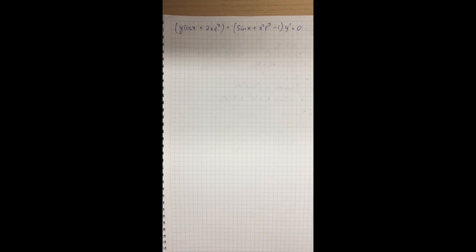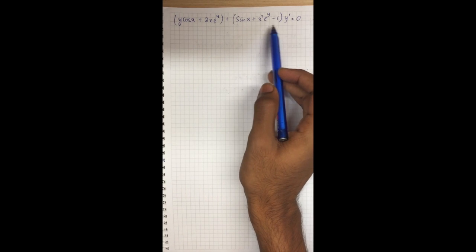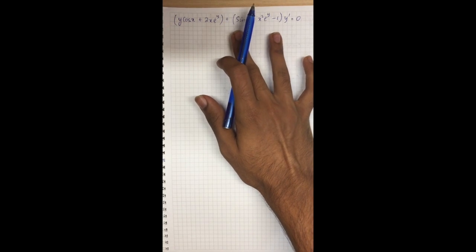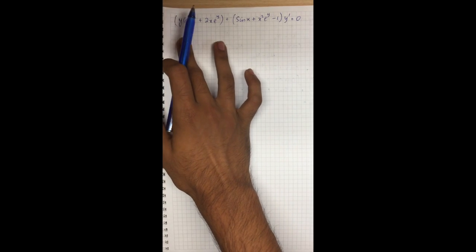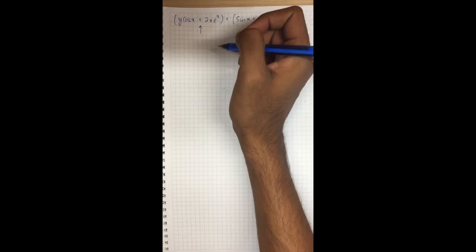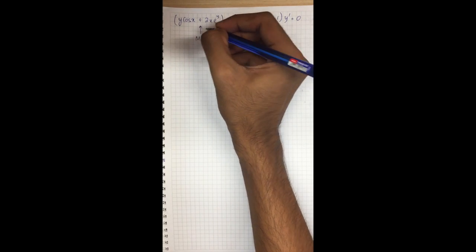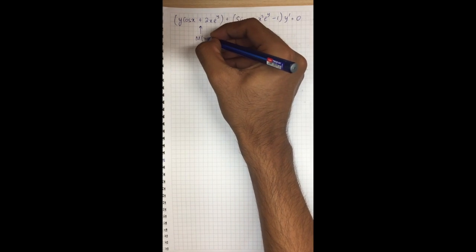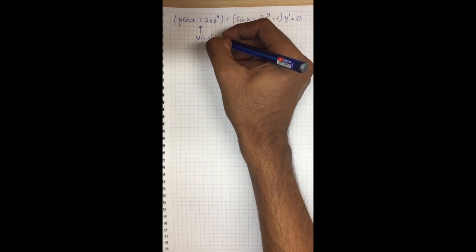So this is the second example that I'm going to be covering for this section. When you see the question, you can clearly identify this with the brackets, right? Your y prime is separated with a term consisting of x and y, and you just have the other term. So according to the general equation which we learned, this would be our M of x, y, and if you remember,